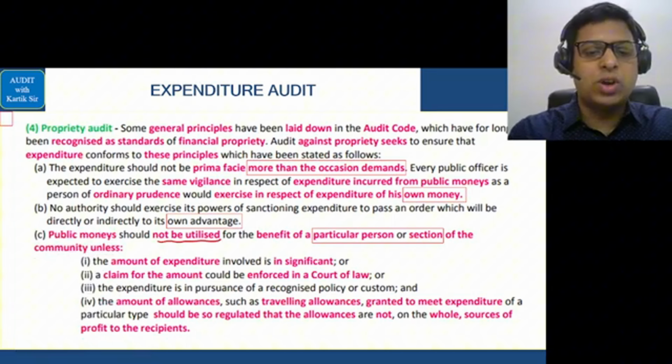Let's enter the next area called audit of receipts. When your receipts, meaning when the money is coming in, you should first see whether money is coming in as per proper regulations and procedures, whether the regulation is actually followed in relation to receipt of money. Next is whether the amount is correctly assessed, how much money should come, whether it has come or not into the government's treasury, that is basically from the tax money.